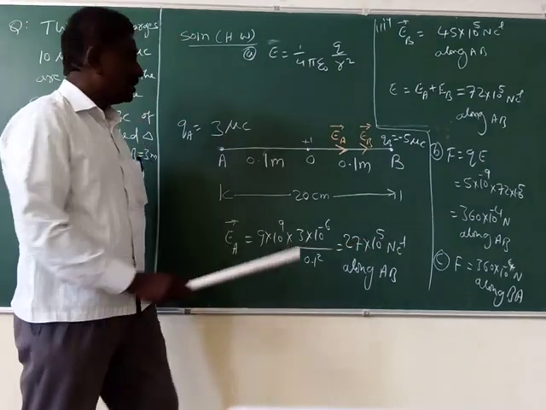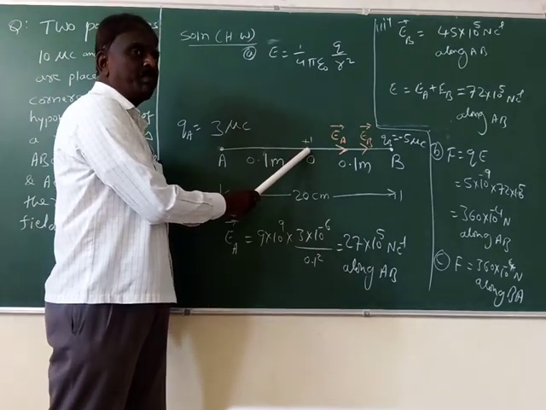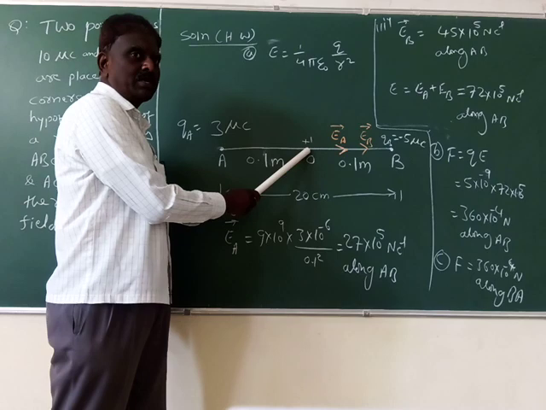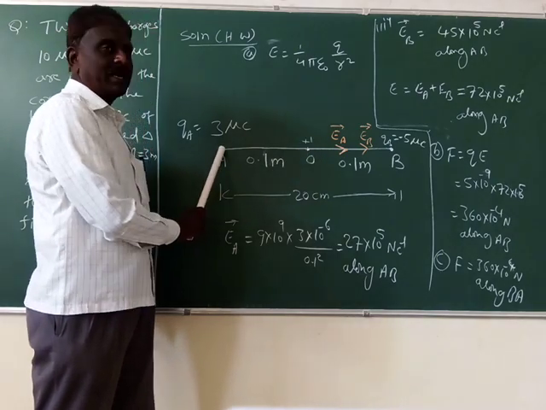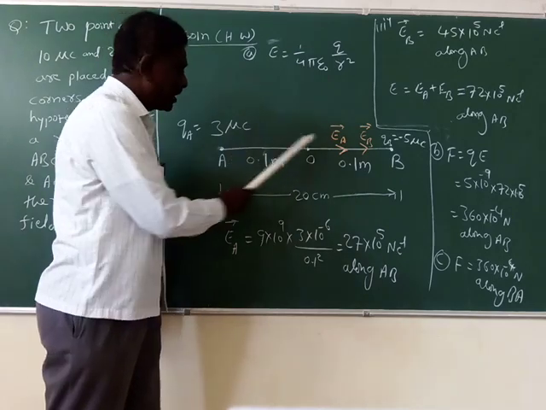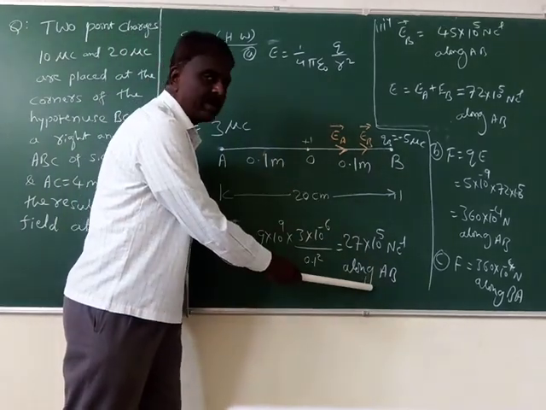What is the direction? The charge at O is positive. Test charge at O is unit positive charge. Okay, it is repelled by charge at A along AO or along AB. Here it is written as along AB.